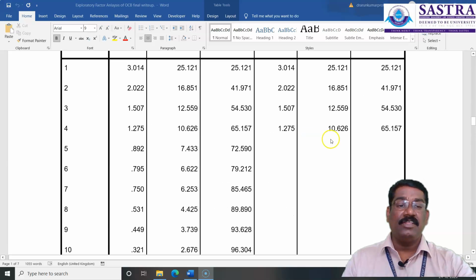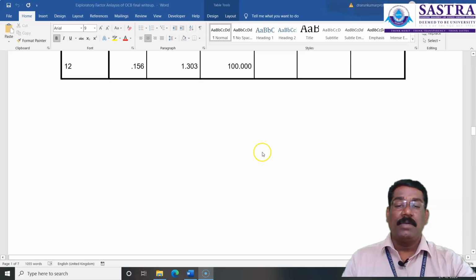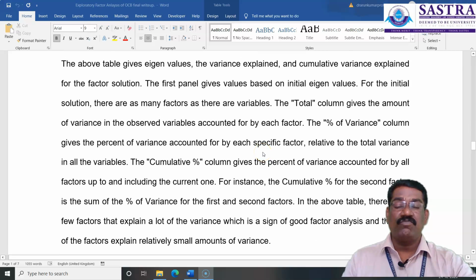So I can say that, if you look at it, 65.157% of variance has been captured by the variables we have used. I mean, these four factors capture a percentage of variance of 65%, that we can conclude. And